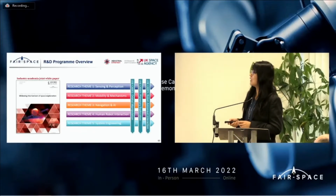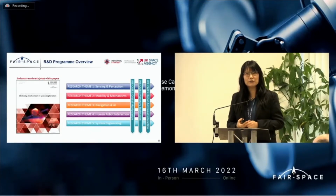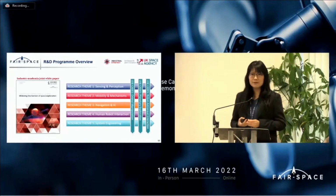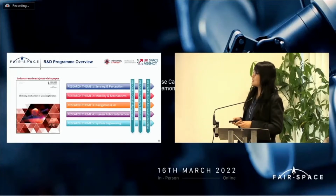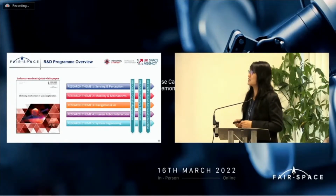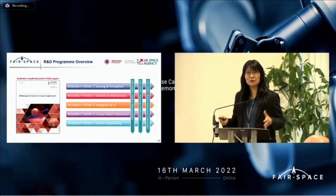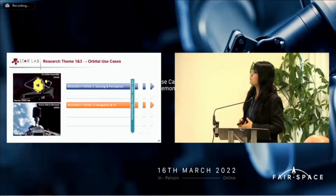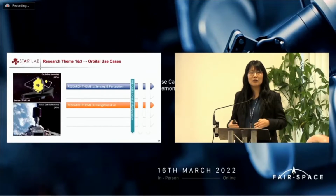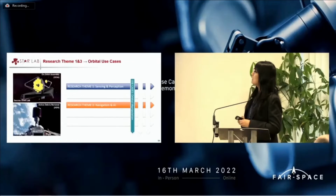The reason they're called cross-cutting is because you will find their role to play in different space mission scenarios, or what we call use cases: orbital, planetary surface, and astronaut-robot interaction missions. The part I'm presenting in my talk looks at Surrey's role, because the reason this is a collaborative consortium activity is that different academic parts of this country can bring different academic contributions. One of the things Surrey has been tasked to deliver looks at research themes 1 and 3, that is sensing, perception, and navigation AI, and translates the scientific new knowledge into